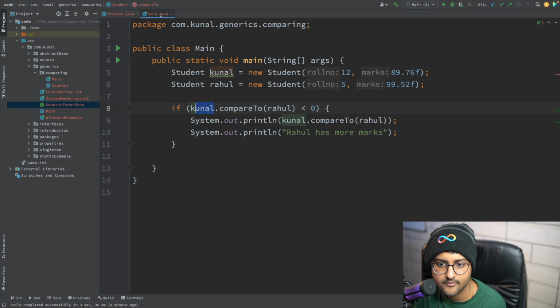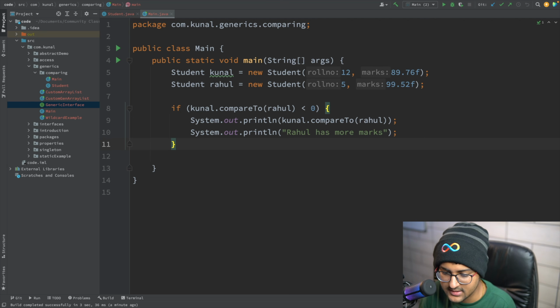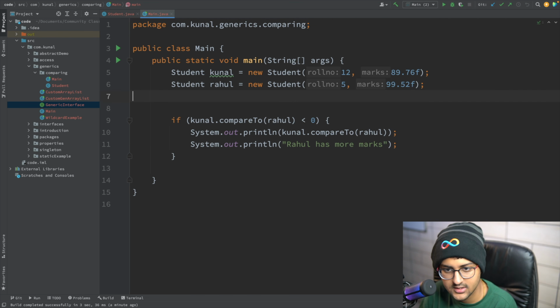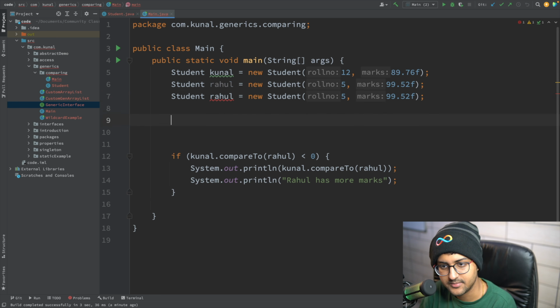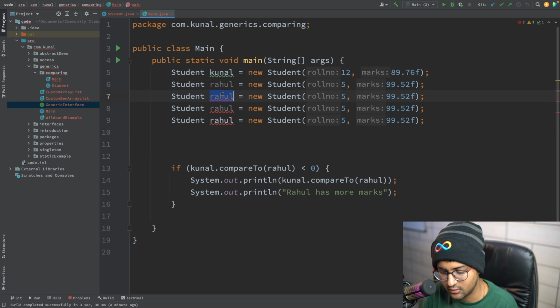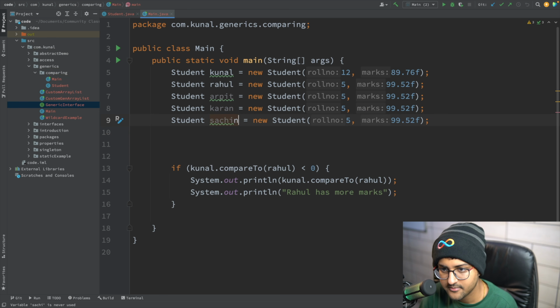Make sense? Let me show a really cool example for this. It's actually pretty nice. Let's say I create a few humans. I create a few fellows over here with some random stuff: Rahul, Arpit, Karan, and Sachin. Roll numbers 5, 2, 13, and 9 or whatever.